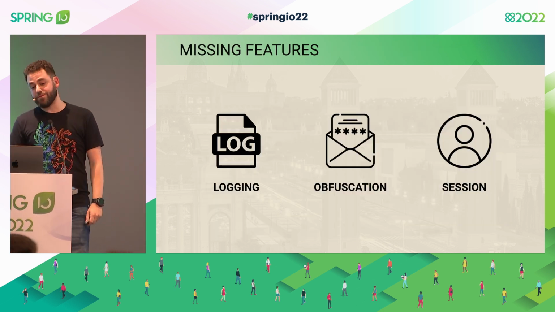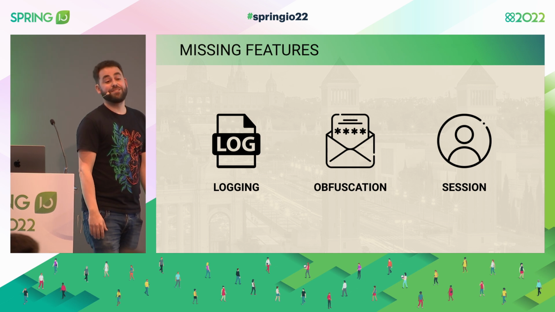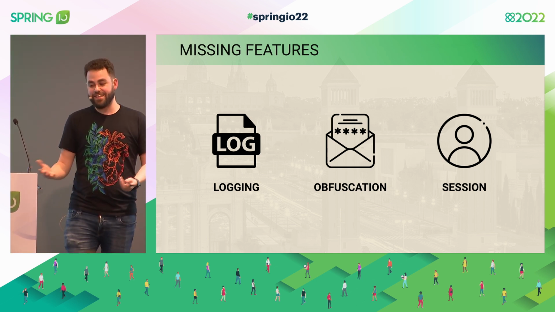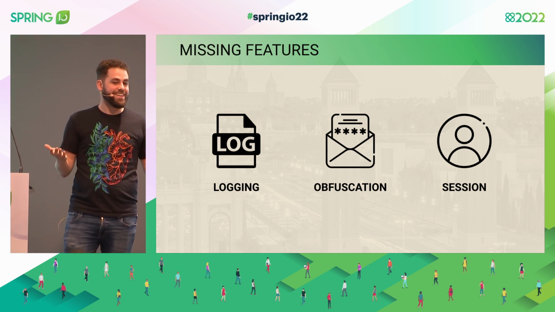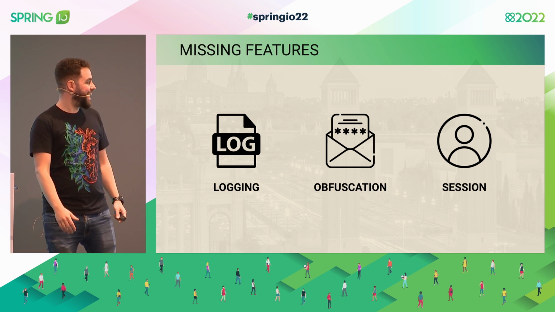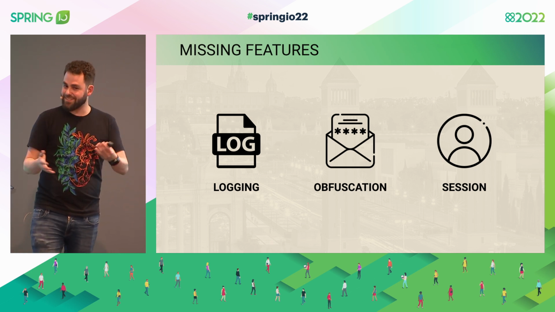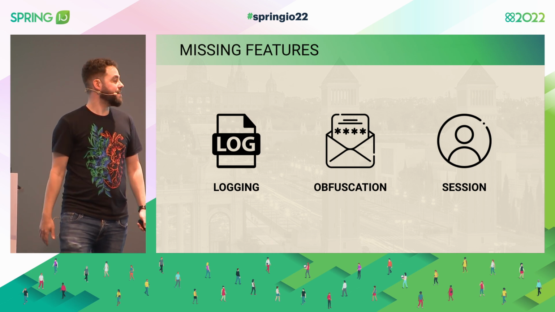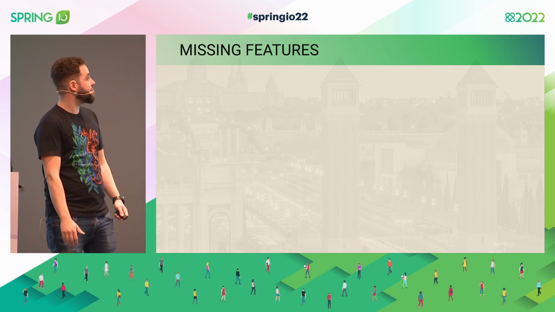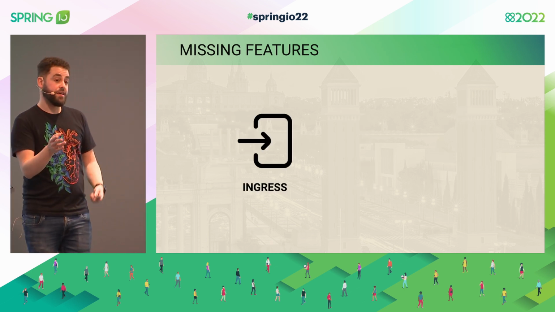OK, so now the best part. So missing features. As I said, might not be things that are not there. We all know there are ways of logging in Java, definitely a lot. But these are the features that we just might need to do from scratch because it's easier. So let's see, missing features. There might be into two categories.